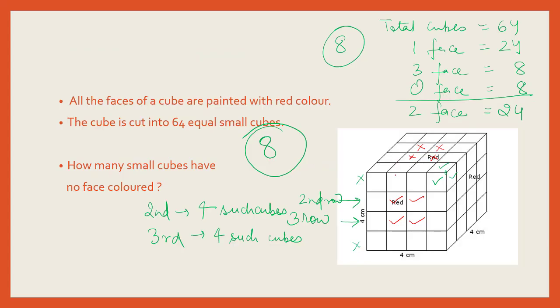So 2 faces visible is this, like 1, 2, because for this cube I can see this face and I can see this face. So 1, 2, 3, 4, 5, 6, 7, 8. Now 8 we can see on the front, there would be 8 on the back. 8 and 8, 16. And similarly 1, 2, 3, 4 on this side and 4 on this side, so another 8. So that's how we are reaching the total of 24.